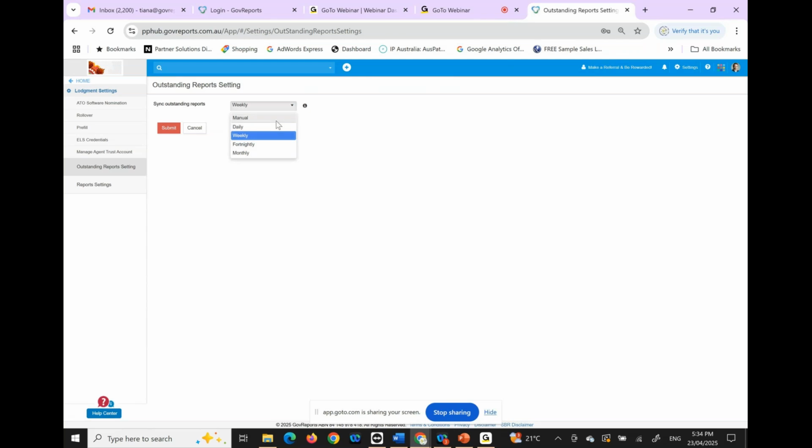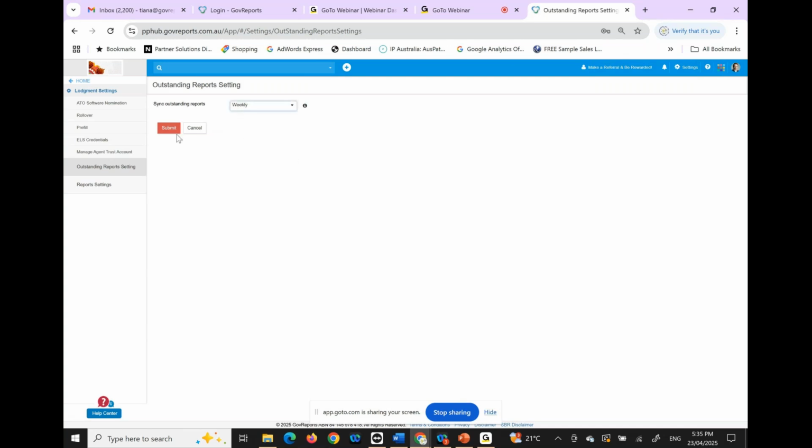You can do it manually if you don't want notifications of upcoming and outstanding lodgements, but you can also have daily, weekly, fortnightly, or monthly. Daily is not recommended unless you have regular client lodgements and are adding new clients on a regular basis. Otherwise, weekly is the most popular, or fortnightly, or even monthly, because the ATO only issues a tax return once a year, and activity statements perhaps once a month. Other returns, again, similarly once a year. So weekly would be good enough. Once you've selected the option,